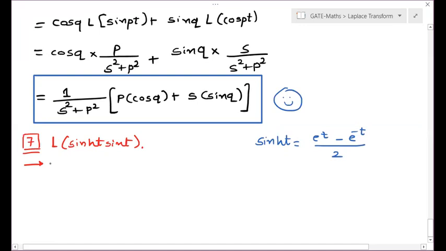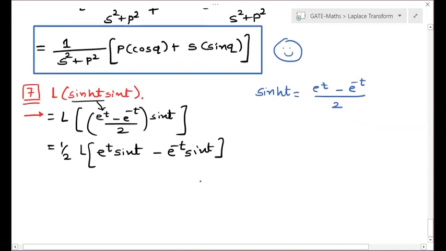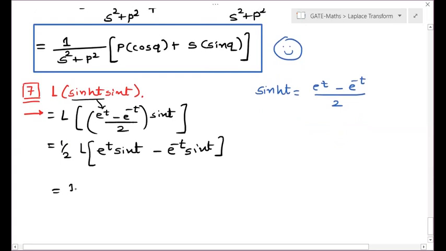So this will be your Laplace of sinh t sin t. It will become Laplace of (e to the power t minus e to the power minus t) divided by 2, into sin t. Let us take 2 outside of this Laplace. So it is equal to 1/2 Laplace of e to the power t sin t minus e to the power minus t sin t. This Laplace can be applied to both of these terms. So this will be equal to 1/2 Laplace of e to the power t sin t, and